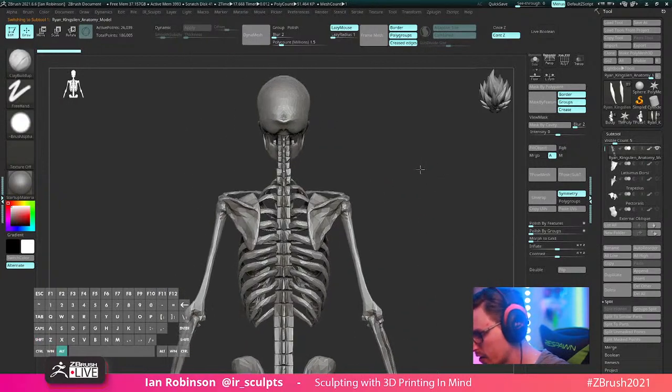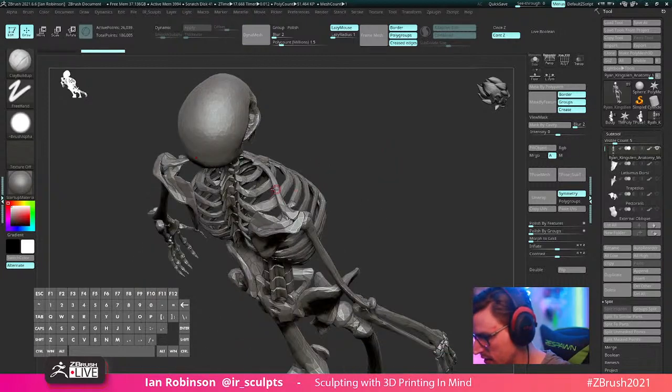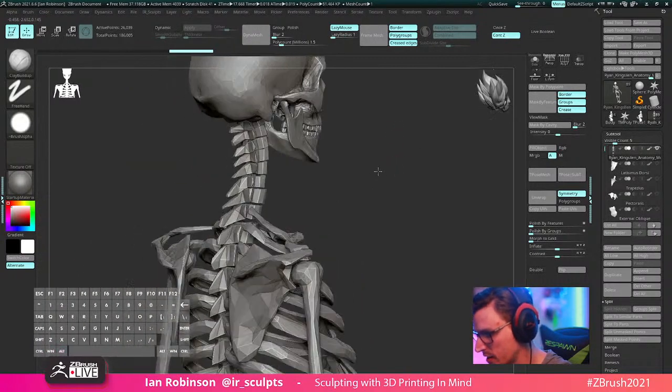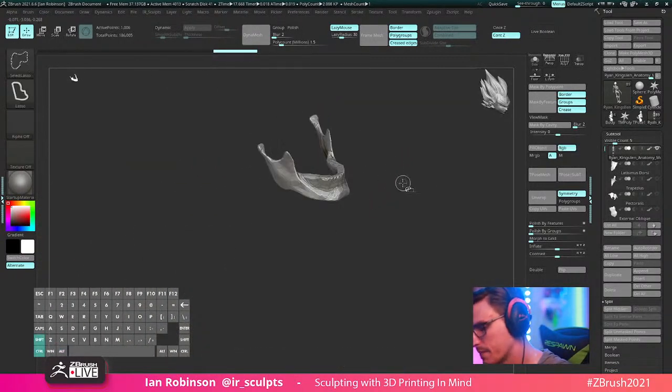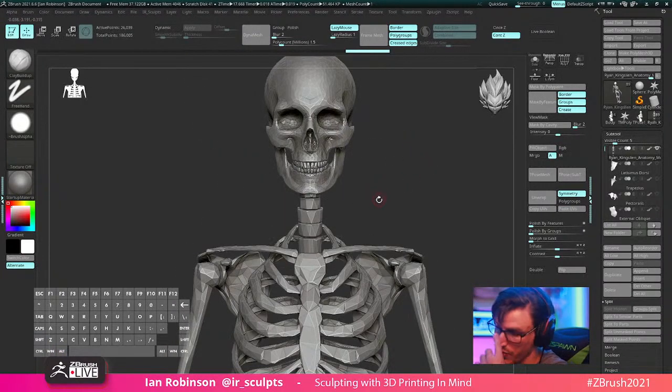There are parts about this that aren't going to work, like the clavicle muscle itself. Let's go ahead and just isolate this. The clavicle muscle itself is very, very thin in comparison to, let's say, the jawbone, right? And the teeth themselves, too, are very, very tiny. So you would actually want to go through and weld some things together. Unless you're printing at a massive scale, you're basically going to want to merge and fill and make sure that the connecting points are thick enough to get put together, but not too thin that it's not going to